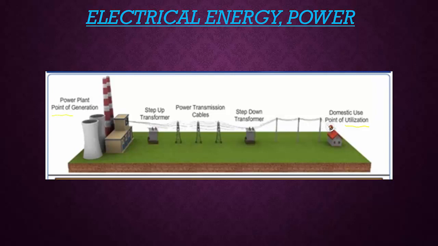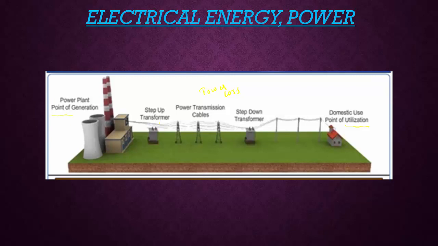So there is a power loss in the transmission cables because these transmission cables have a certain amount of resistance. So here in transmission cables again power loss takes place. Why does power loss take place in the transmission cables from the power station to the home? Only because the cables also have a certain amount of resistance. So what are they doing? To decrease power loss, they are increasing the voltage of the power using a step-up transformer.